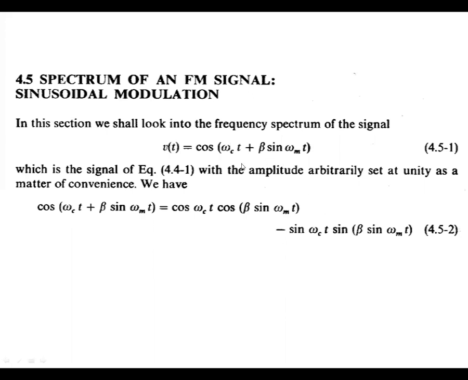Using this equation 4.551, we have cos of omega ct plus beta sin omega m t. Applying the cos A plus B formula, it is cos omega ct cos of beta sin omega m t minus sin omega ct sin of beta sin omega m t. Here in this second expression, cos of beta sin omega m t and sin of beta sin omega m t, these two terms are known as